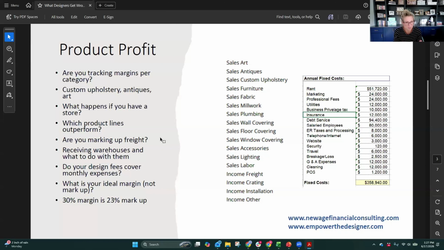Your contract states that you're a flat markup and you mark up 30 or 35% on every single item that you buy. So that goes back to, it doesn't matter if it's Pottery Barn and you are getting a 20% discount, you're still marking it up 30%. And again, it doesn't matter if it's Etsy and you're buying it for $1 and it's really worth $100, you're buying it for $1 and marking it up 30%. And with contracts that are a fixed client markup, we see the most of